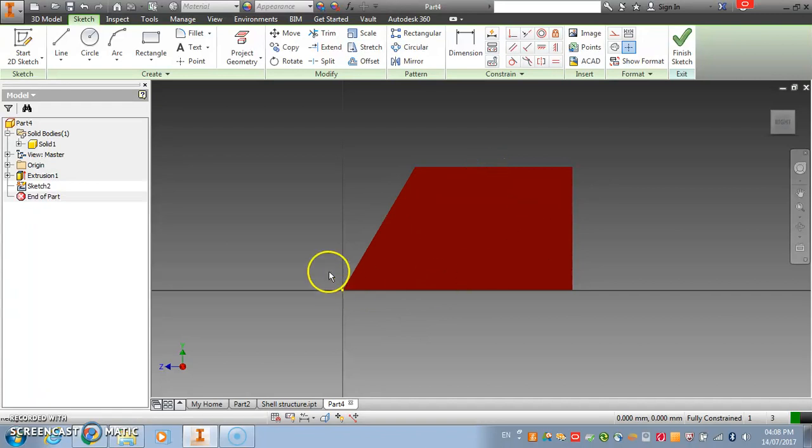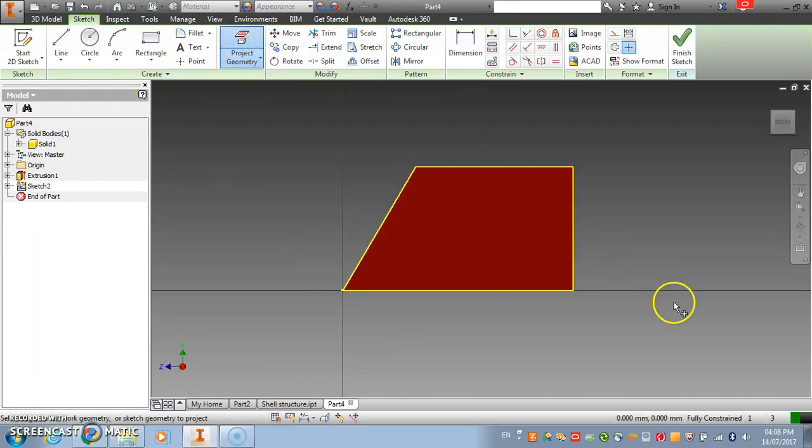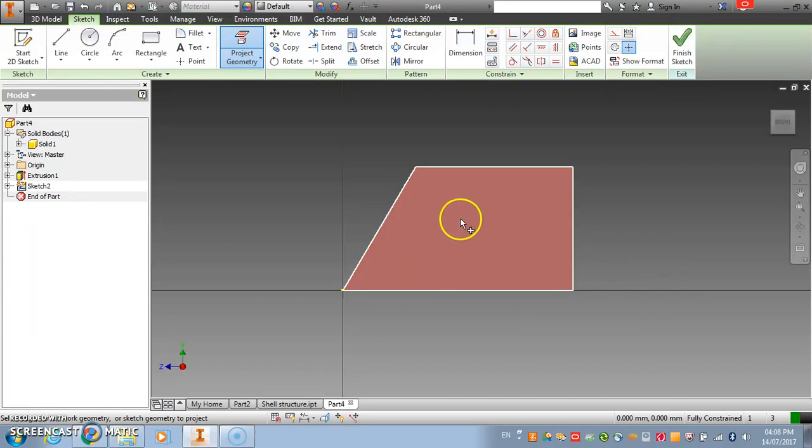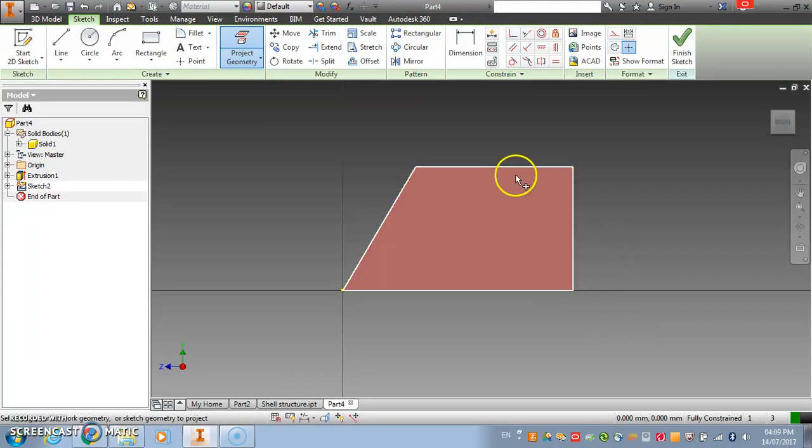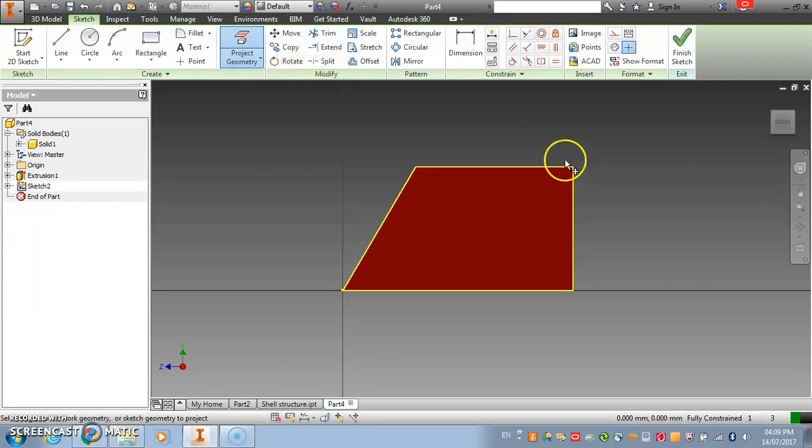To see the perimeter clearly, I need to use my project geometry. Click on this. Some of you may want to just draw another trapezium here, but there's actually another easier way. It's called offset. Offset chooses the outline of this existing shape, and then you can bring it bigger or smaller. So in this case, if we're going to bring it smaller, click on offset,